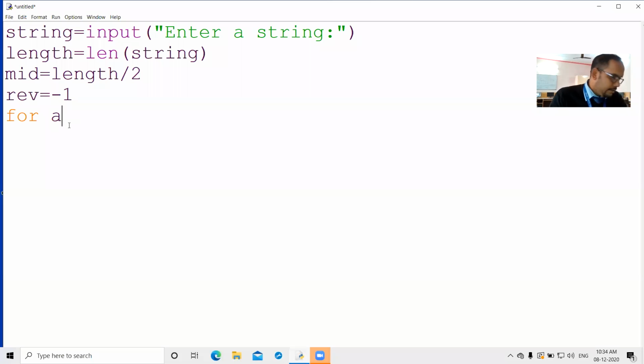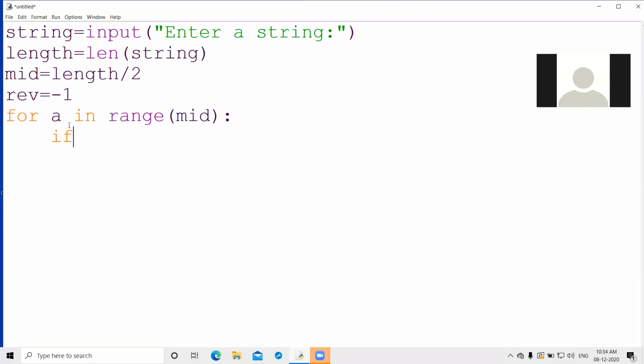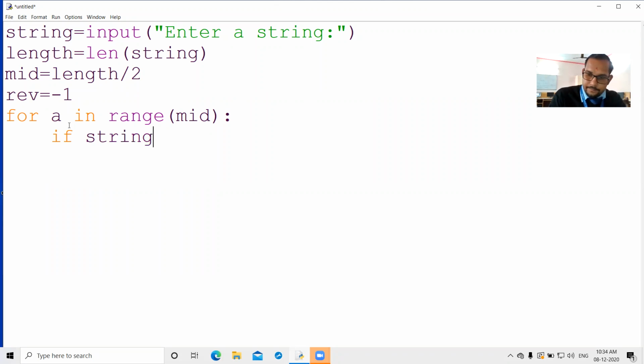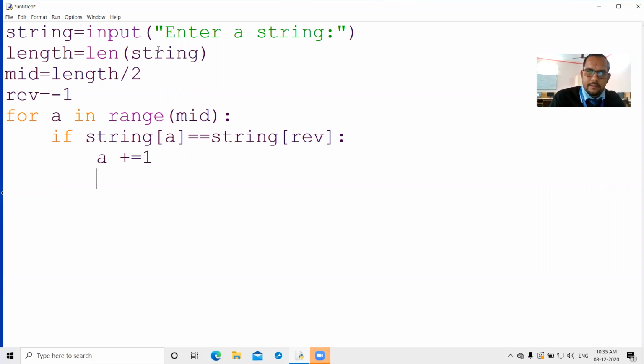For a in range, in bracket mid, and colon, if string a is equals to string rev, then a plus equals to 1, then rev minus equals to 1, then else